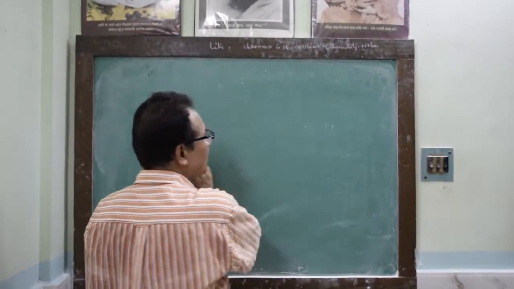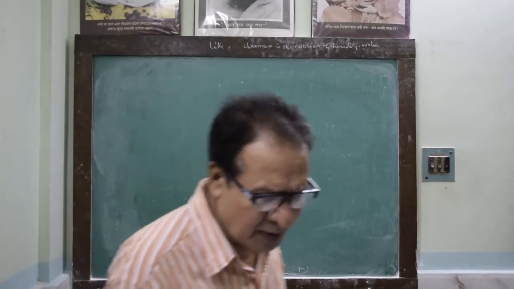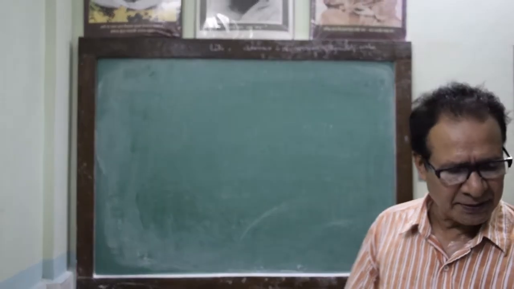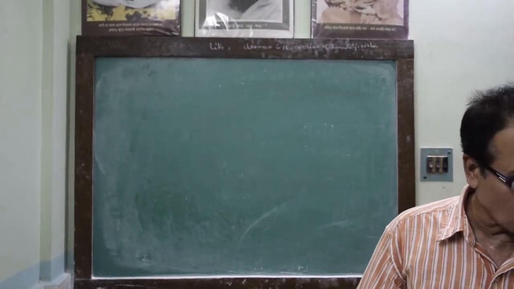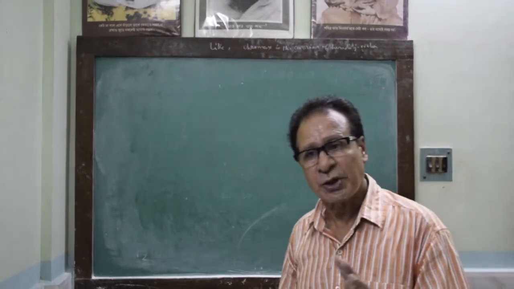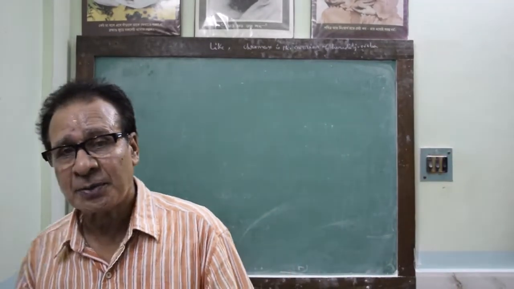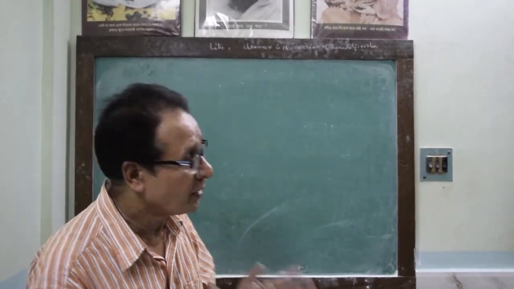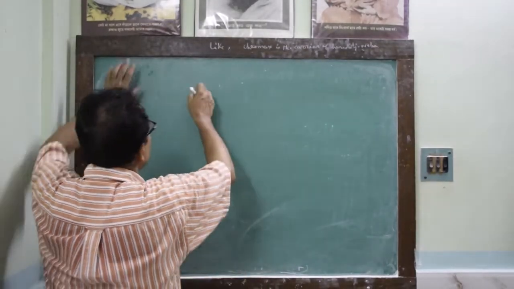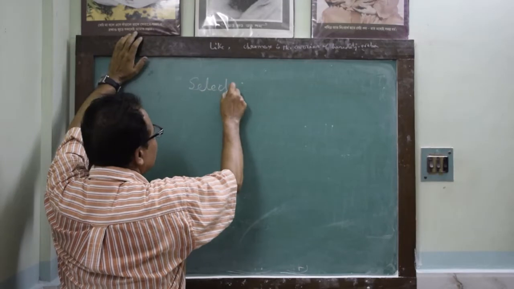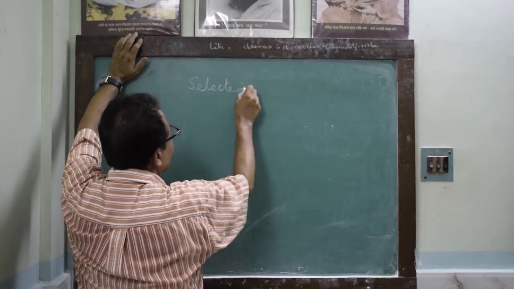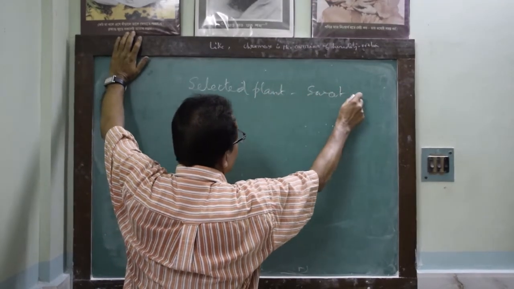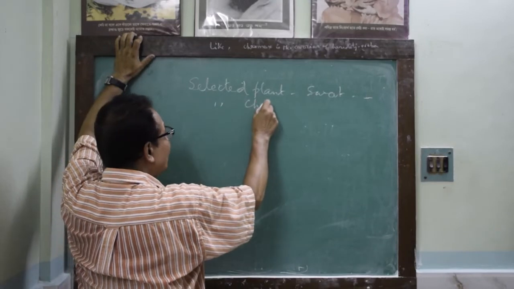Now we come to Mendel's experiments, first monohybrid cross and then dihybrid cross. The monohybrid cross is when a cross is done between two organisms of the same species considering one character with its contrasting trait. It is known as a monohybrid cross. The selected plant: the sweet pea plant. Selected character, that is one character,